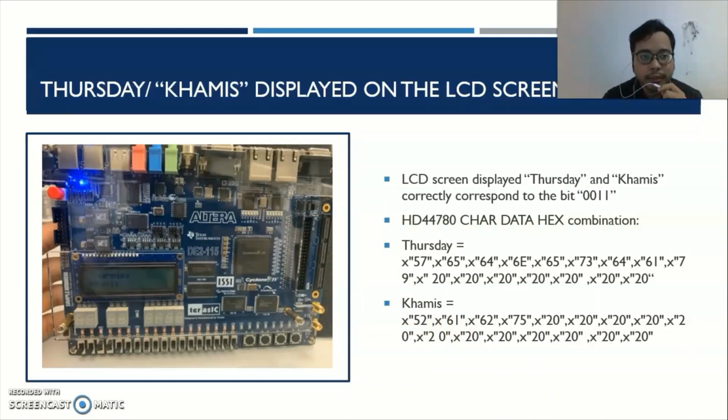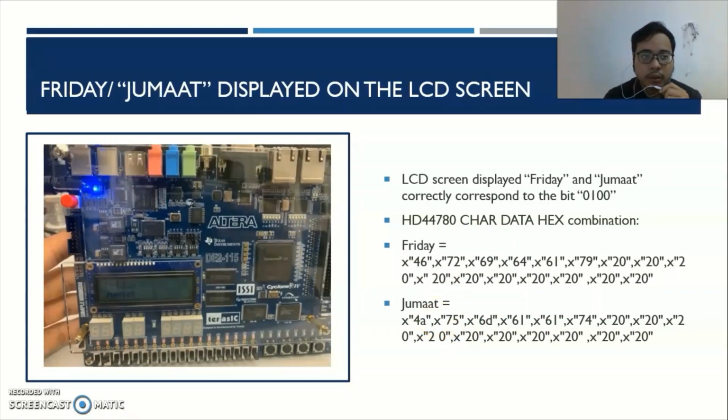To display Thursday, corresponding to the bit 0011, this is the corresponding char data hex combination to display Thursday, and this is the combination to display Khamis. For the next result, the LCD screen displays Friday and Jumaat, corresponding to the bit 0100. The char data hex combination for Friday is like this line, and the char data hex combination for displaying Jumaat is this